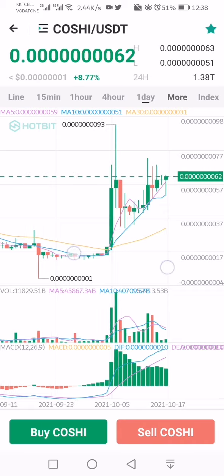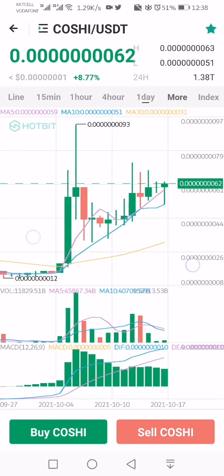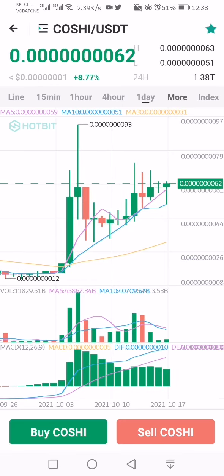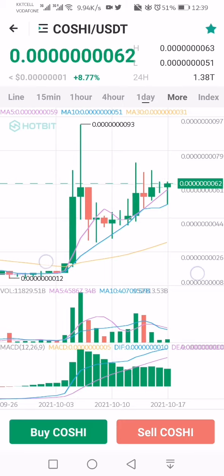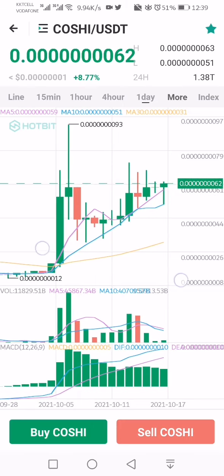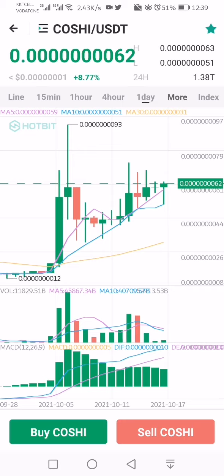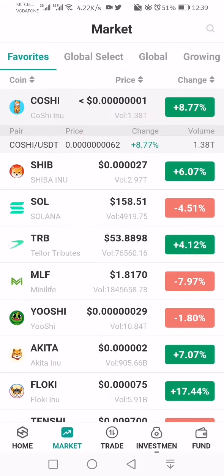Okay, so look here, the price over here, the yellow line is crossing and the blue one is going up. So you would have almost doubled your profit in a very short period of time. Say for instance, if you have invested $300, you would have made $600 to $1,200 within a very short period of time. Okay, so there are other currencies as well.